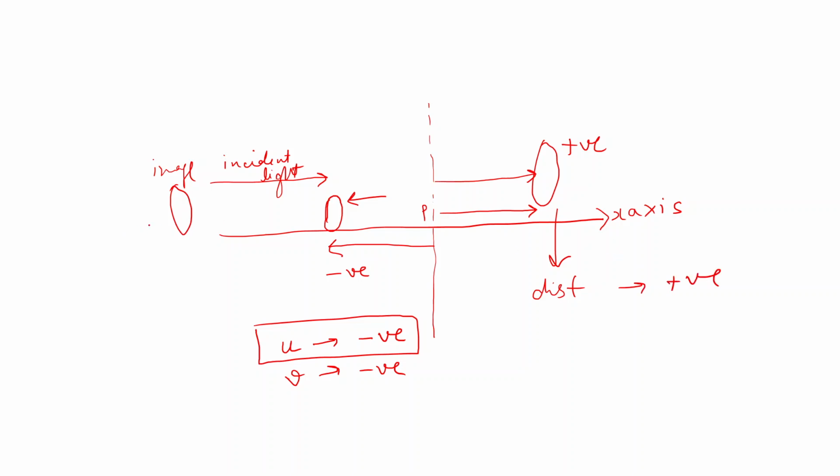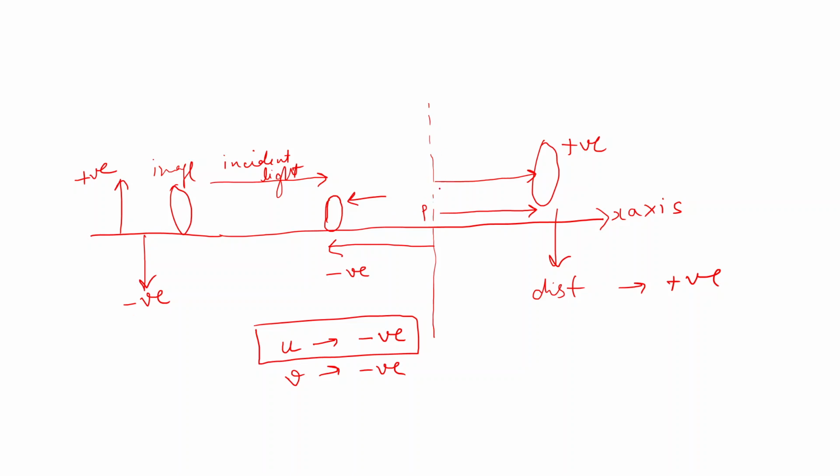Similarly, if the height of something, whatever the image is, is forming above, or what we say is erect, then we take that height as positive. And if it is forming downwards, meaning it's inverted, then we take that value as negative. So these are the basic